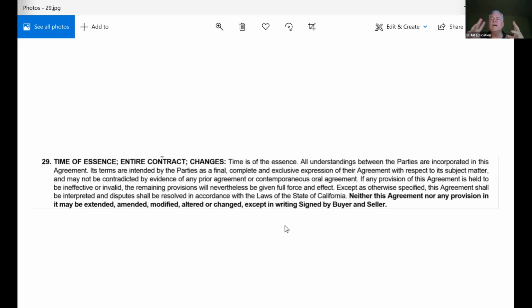So all of the understandings between the buyer and the seller are right here. And if you're writing this offer for your buyer, obviously you're not writing it for the seller, you tell your buyers, is there anything I'm missing? Because you know what? This is the deal right here. Did you want the refrigerator? We need to include it, okay? Those are the kinds of questions that we need to be asking now, because any agreements that we have made are right here.